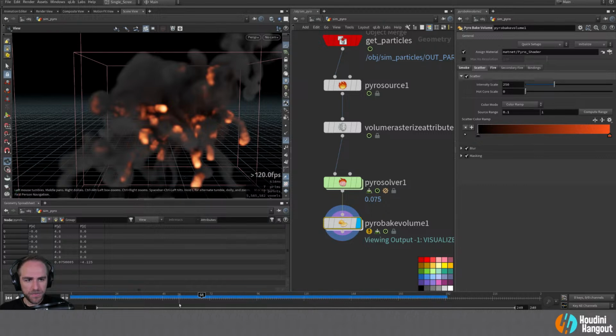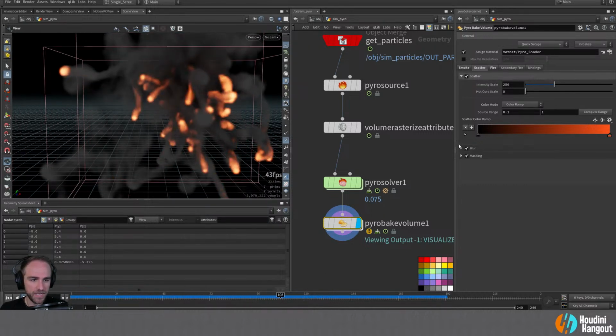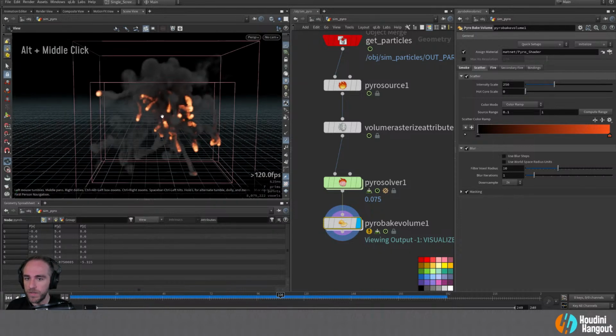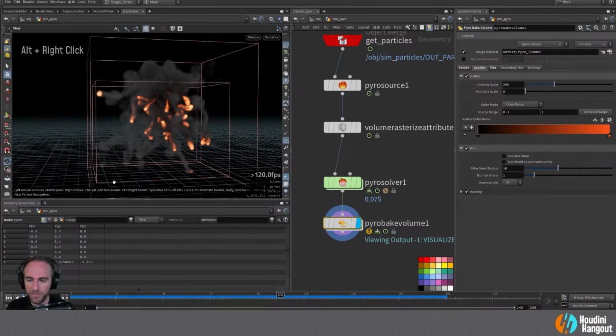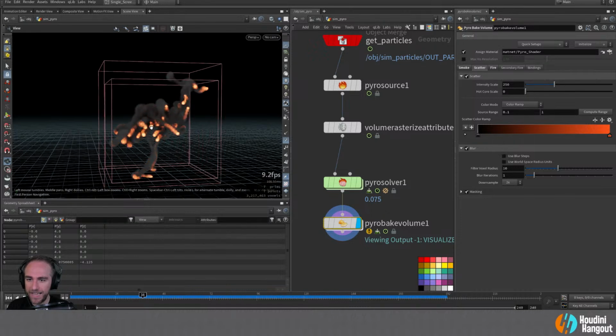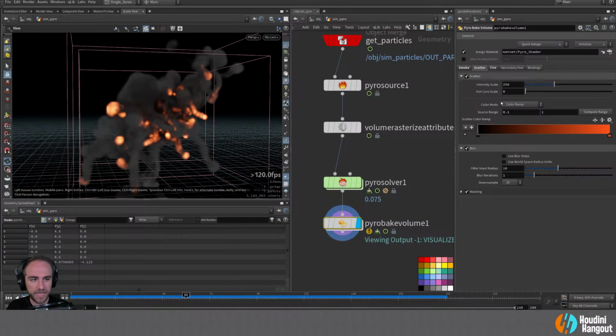Cool. So I think the only thing with scatter is that it does take a little bit of time to calculate because you're doing some blurring and things like that. If you don't do the blur, it doesn't really do much of anything. But yeah, so now we're getting something a little bit more like what we would want. However, we still have these pretty